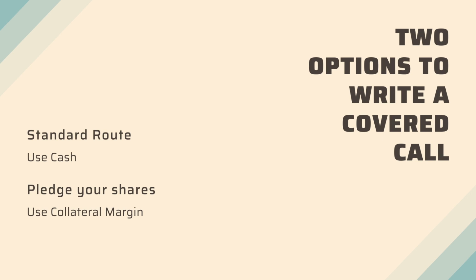The collateral margin received thus can be used for trading equity intraday and for shorting futures and options. But 50% of the margin needs to compulsorily come in cash, and the remaining 50% can be in terms of collateral margin. So once you pledge the stock you own in step 2 and receive a collateral margin, you can use 50% of it to write a covered call and the rest 50% needs to come in cash.